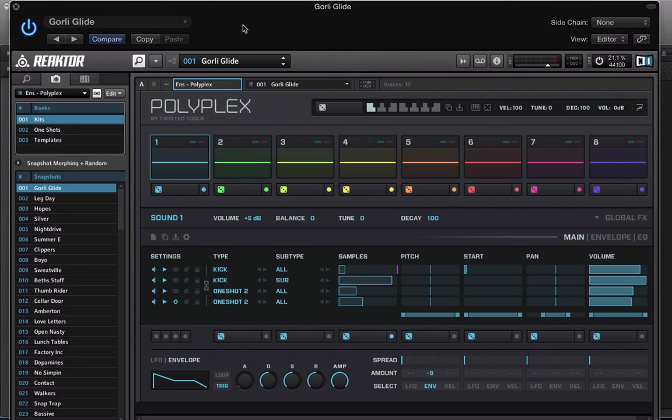Today we're going to be looking at Polyplex, the brand new instrument released as part of Komplete 10 by Native Instruments this week. Polyplex is actually put together by Twisted Tools, so if you're familiar with any of the other Twisted Tools products like Ultra Loop, some of this GUI might be a little bit more familiar to you. So it's going to be a little bit of a features overview of what Polyplex is and some of the